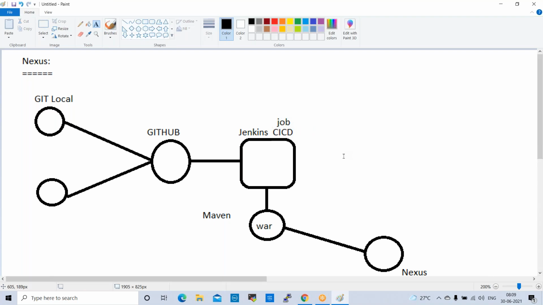So normally in an interview, how can we explain this flow? When you attend the interview, when the interviewer asks you to tell something about yourself, first you need to give your personal details. After that, you need to start giving this CI/CD flow. Developers develop the code in their local. Once development and testing are completed, they will push the code to GitHub.